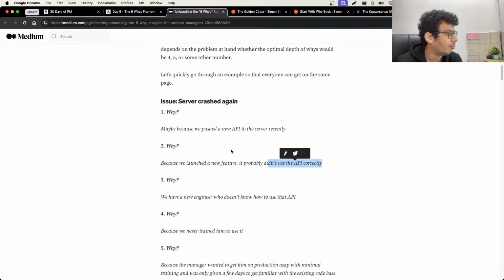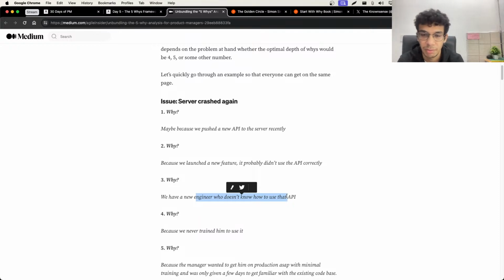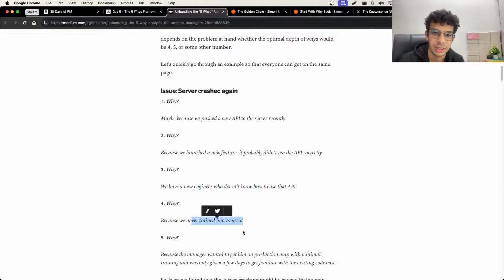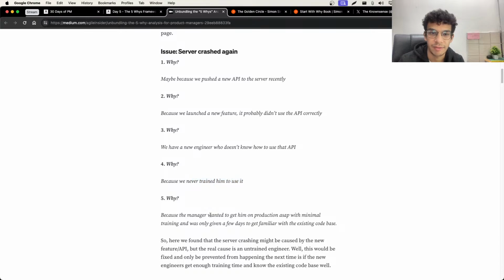Okay, why did we launch a feature without even having the confirmation that the API is not working or is not used correctly? Because we had a new engineer who didn't understand how the API worked, but had pushed the changes to production. Why? Because we never trained him to use it. And why did we not train the engineer? Because the manager wanted to put him on production with minimal training, which sounds to be like a process problem